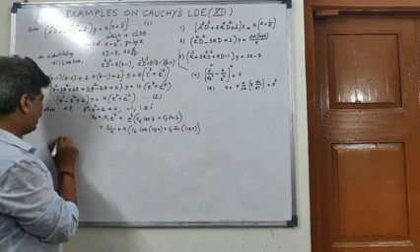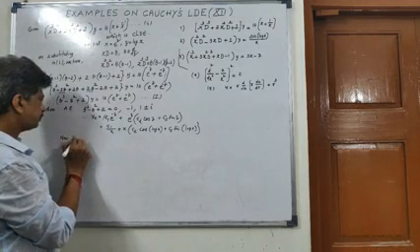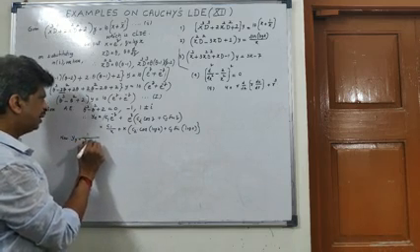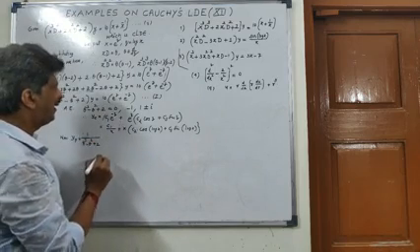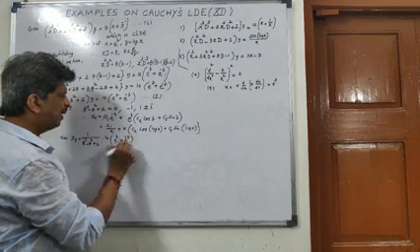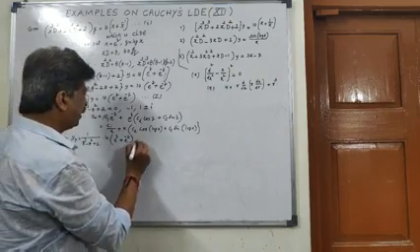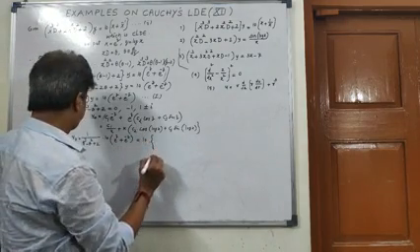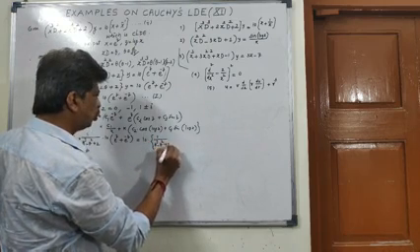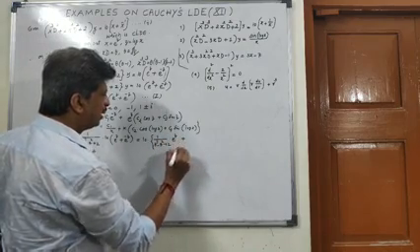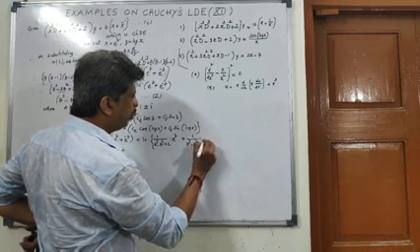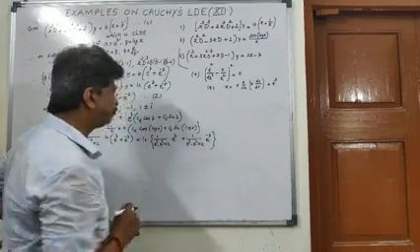Now, what is yp? It is 1 upon f of theta, theta cube minus theta square plus 2, operating on 10 times (e raised to power z plus e raised to power minus z). That is further equal to 10 times [1 upon theta cube minus theta square plus 2 into e raised to power z, plus 1 upon theta cube minus theta square plus 2 into e raised to power minus z].